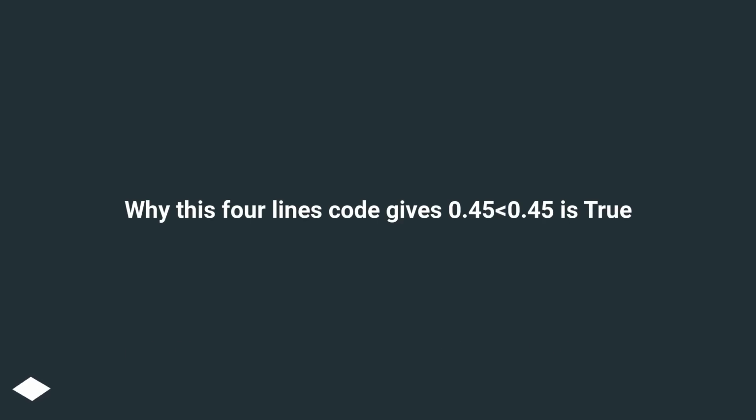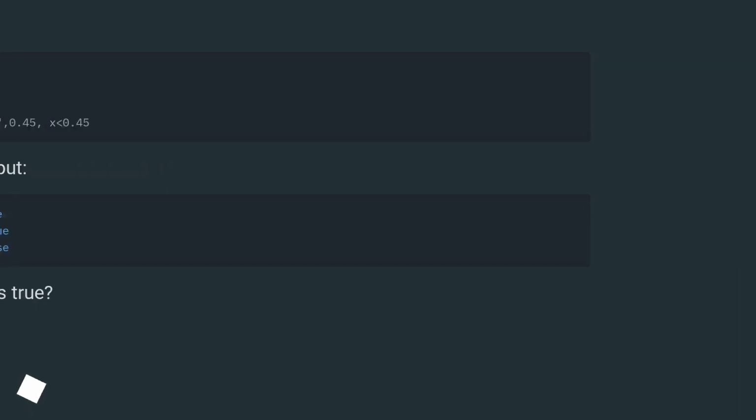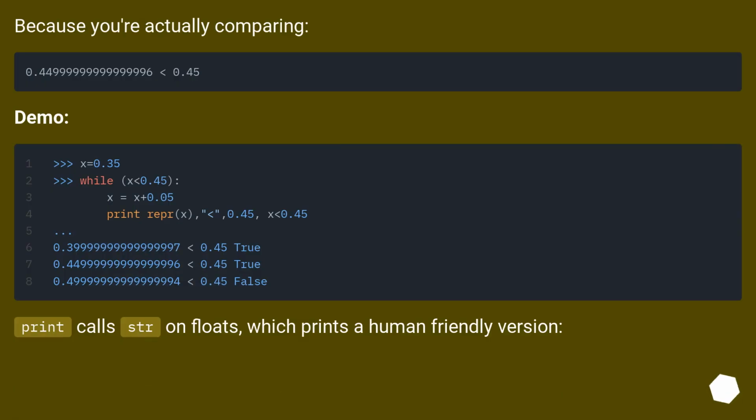Why does this 4 lines of Python code give 0.45 less than 0.45 is true? Below is the output. Why is 0.45 < 0.45 true? Because you're actually comparing